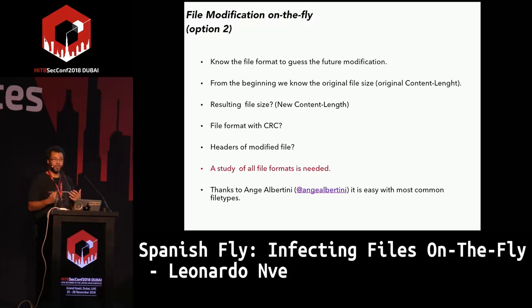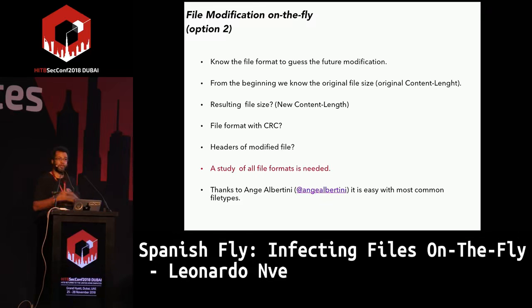At the beginning, normally, using HTTP, we know the original size of the file. That size is in the HTTP header Content-Length.